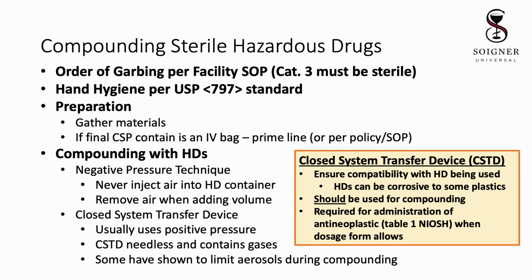For compounding, a closed system transfer device, or CSTD, isn't required, but is strongly suggested since the end user is required to use a CSTD for administration of an antineoplastic from Table 1 of NIOSH if the dosage form allows. Therefore, giving the end user what is needed is an important aspect of successful containment processes. Additionally, the use of a CSTD during compounding exponentially decreases the contamination inside the C-PEC, therefore decreasing potential of exposure